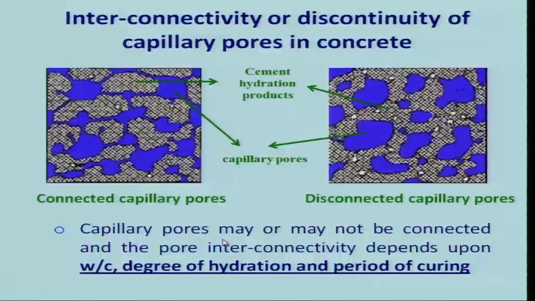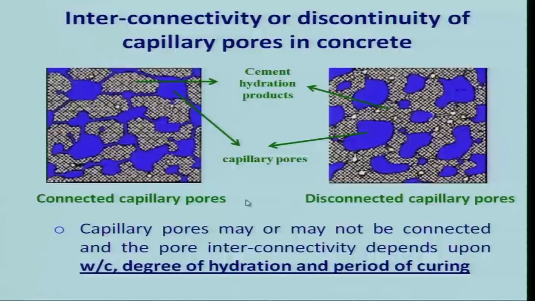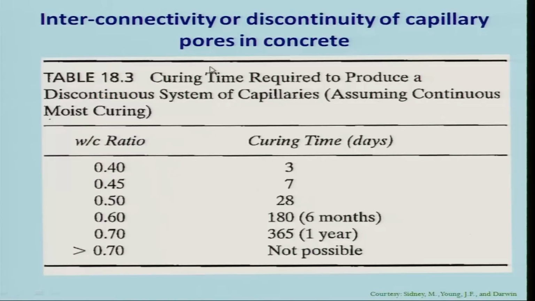In the previous slides we have seen the nature of pores and pore structure, and that pore connectivity and continuity is a very important factor. Pore connectivity is a function of water to cement ratio, degree of hydration and period of curing. Now what is shown here is approximately, if the water to cement ratio is changing from say 0.4